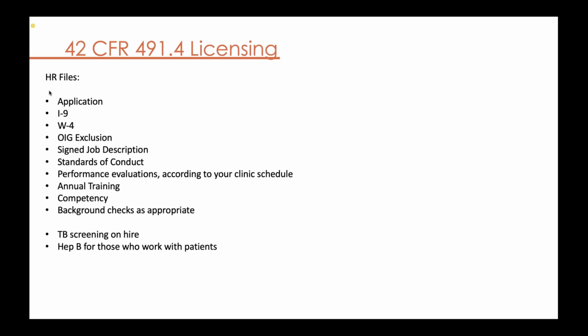In the licensing, because you do have to track licenses and make sure everybody's up to date, it's really good to have an organized HR file. This is easier for those of you who are provider-based because you've got an organization behind you with an HR staff person who's doing this sort of thing. But especially when you're independent, you want to make sure that you have a checklist for your HR files